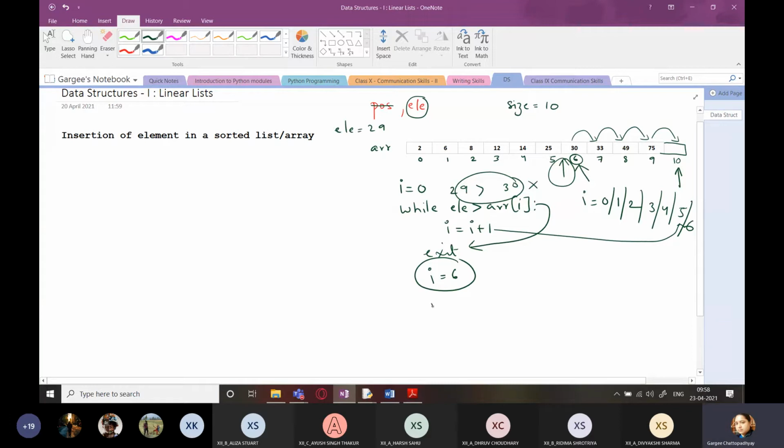So what we can do is we can just save this value in a variable named index, the position where we have to insert the element. So we have saved that position. Now what we have to do is the shifting of elements. So let's do the shifting.